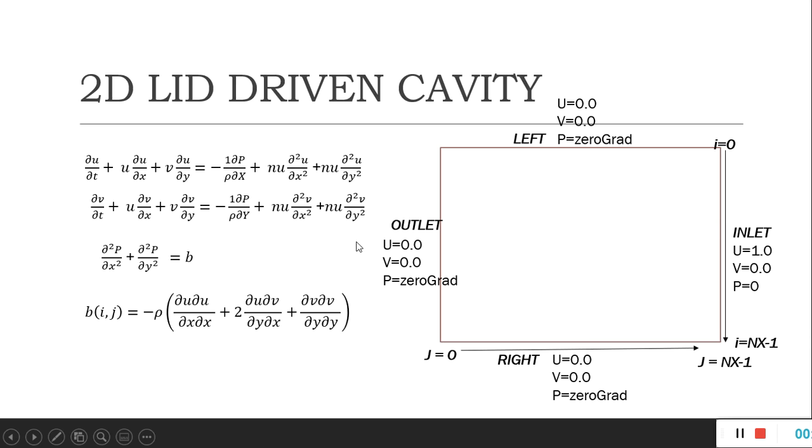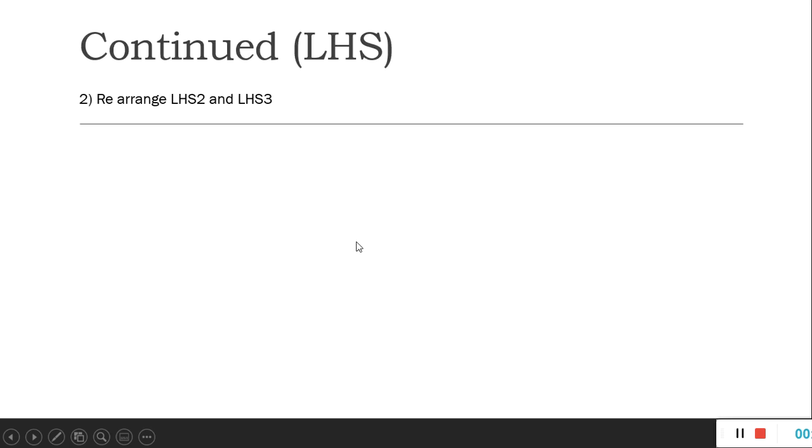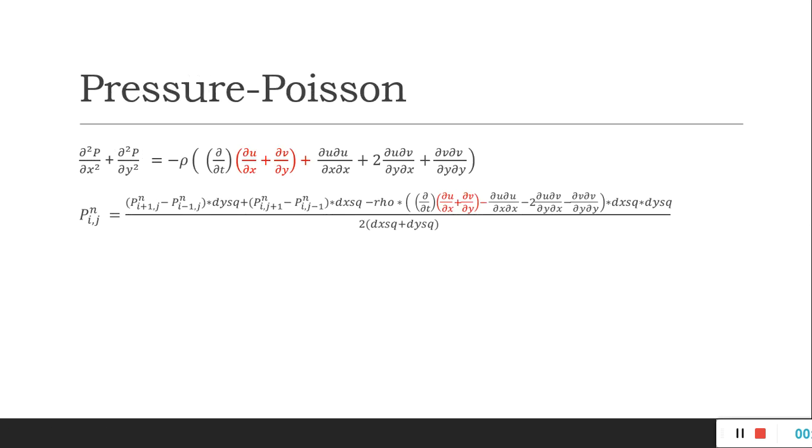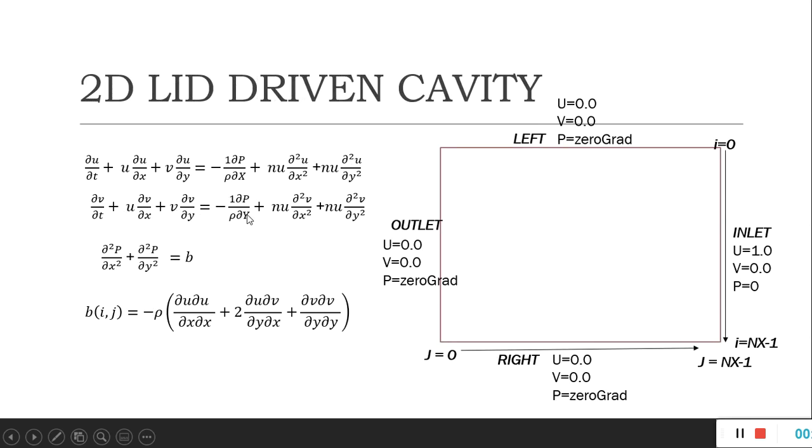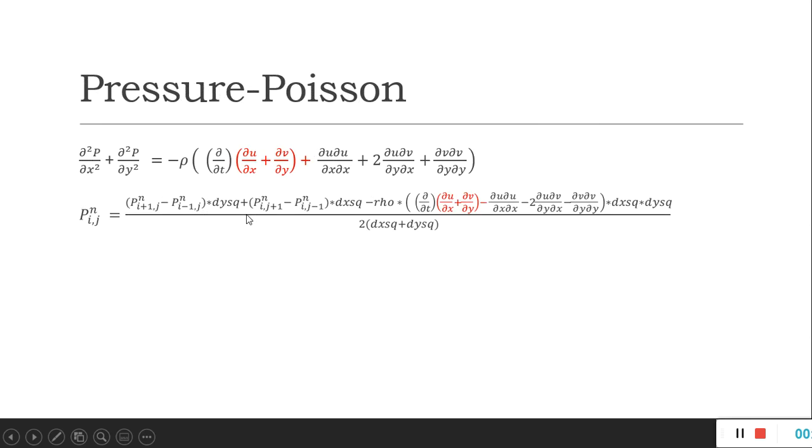So a similar kind of thing is happening here as well, just that the source term is a bit more complex. If you think of this particular rho multiplied by this entire term in the bracket, which is actually B, it's the source term, nothing else is changing. Okay, so now that we have discussed the discretizations and the rearrangement of the equations, let's move on to the